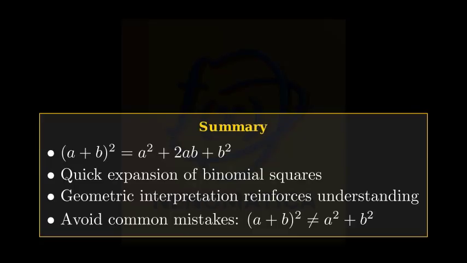To summarize what we've learned today, the square of a binomial, (a plus b) squared, equals a squared plus 2ab plus b squared. This formula allows us to quickly expand expressions like (2x plus 3) squared or (5x plus 2xy) squared without having to multiply them out directly. Understanding the geometric interpretation helps reinforce why the formula works, and being aware of common mistakes will help you avoid